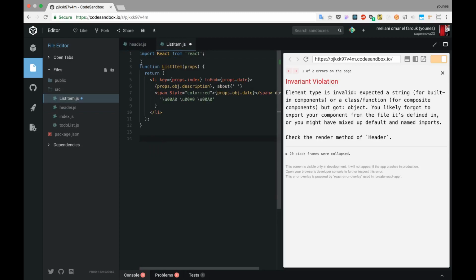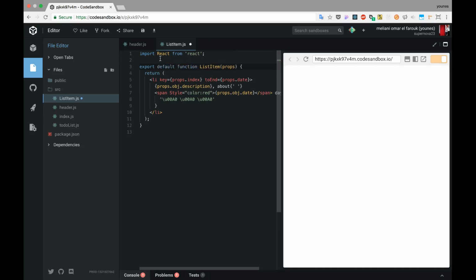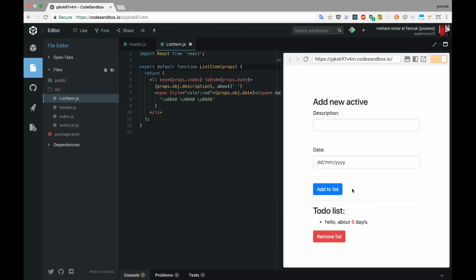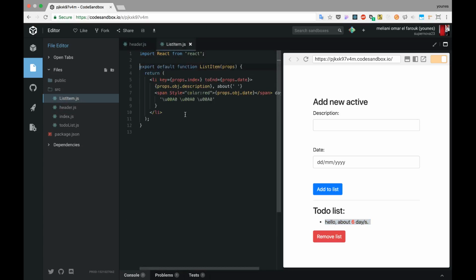Either I put export default here, and you can see here. So now I can reuse this component. I can render it anywhere else. And if I want to edit this code or the render, let's say I want to switch or change this to green,